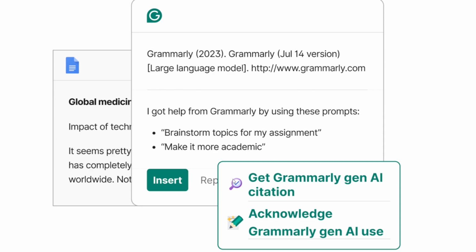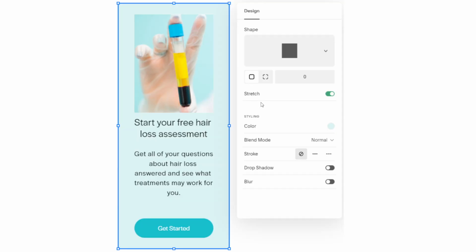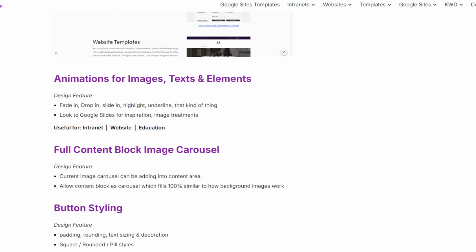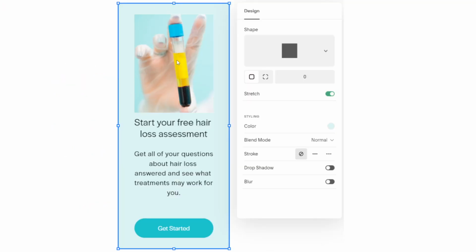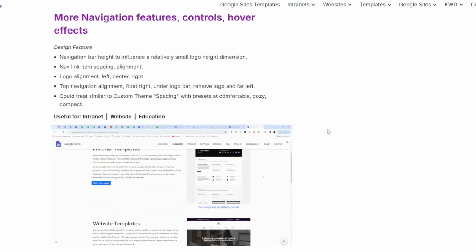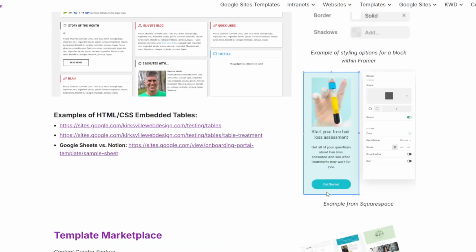Very self-explanatory. This is just from Grammarly. The last one I also got from Kirksville Web Design. Great website. This is just a simple one, as they explain it. I think they explain it on here. It's an example from Squarespace, and